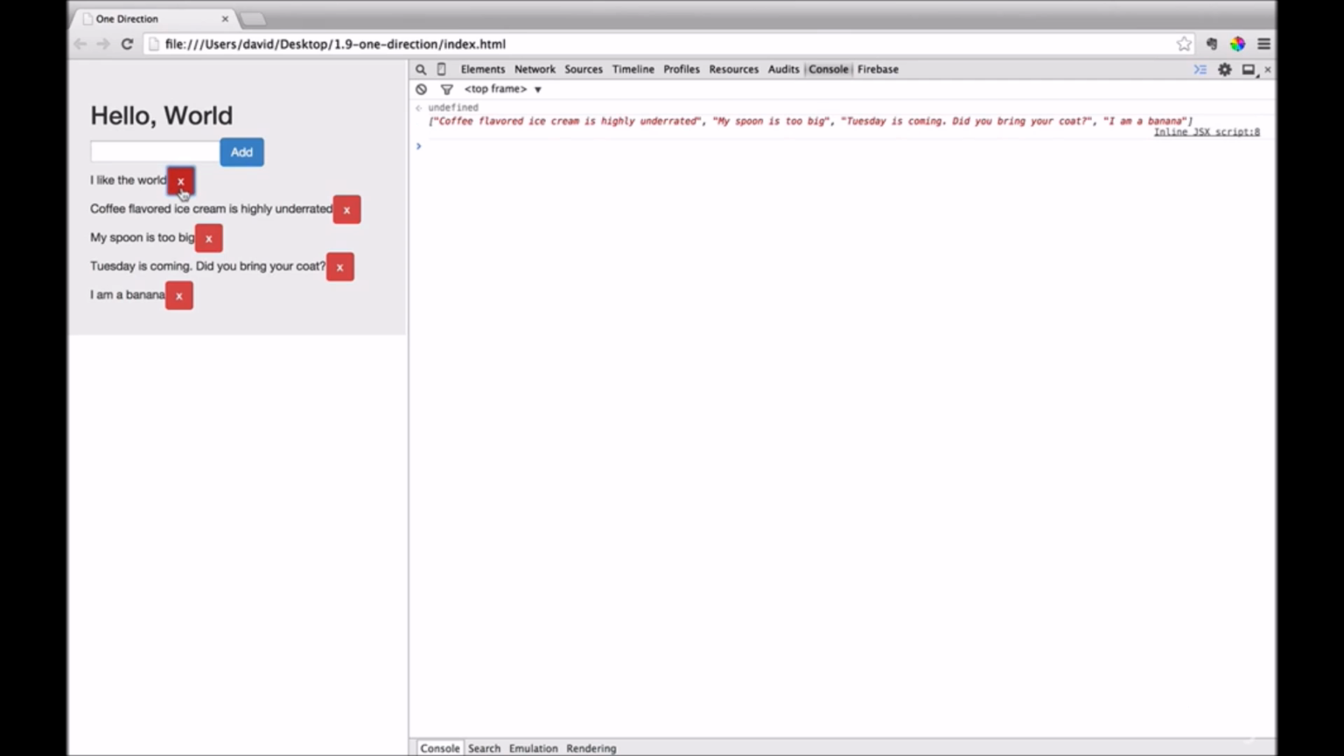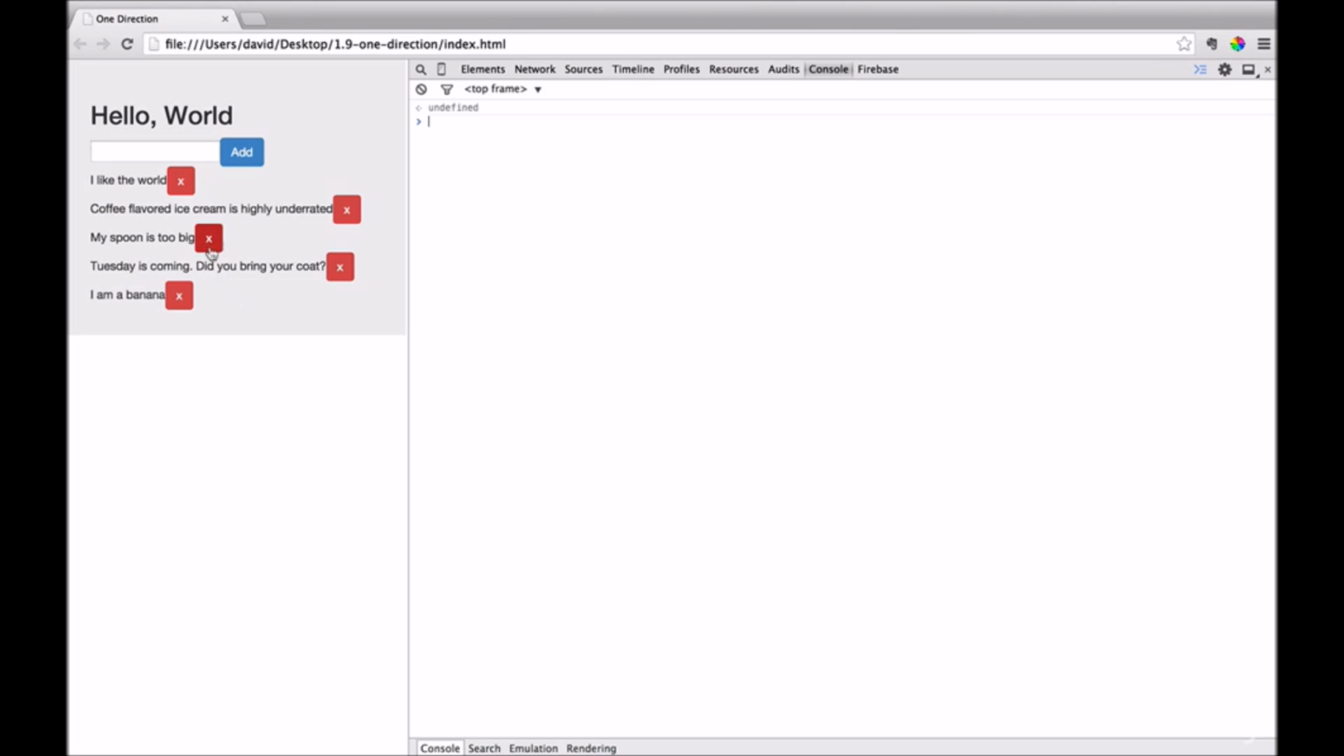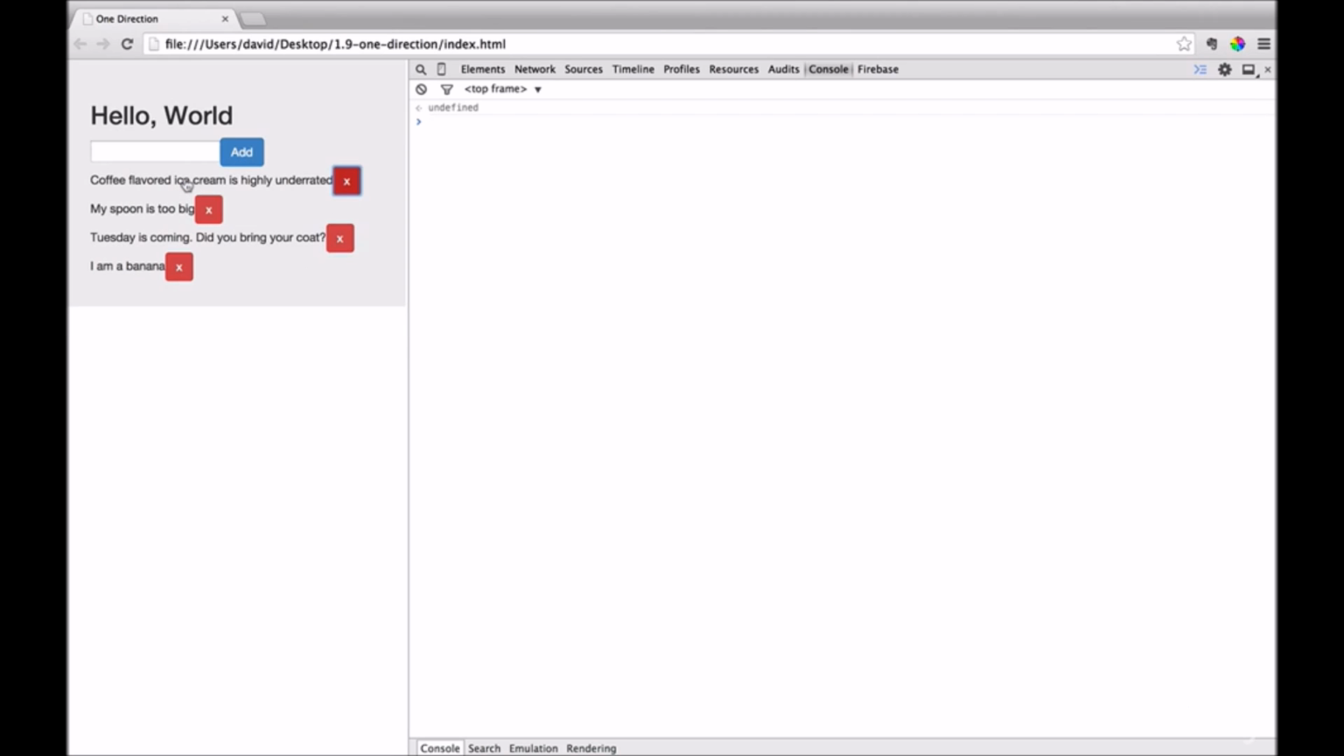When we click on the first one, we get an array back, but it doesn't contain the "I like the world" message. And the same will work for the rest of these. Now we have an array without the removed item, so let's set that to state. So now let's go and delete the top one, and we see it gets removed,